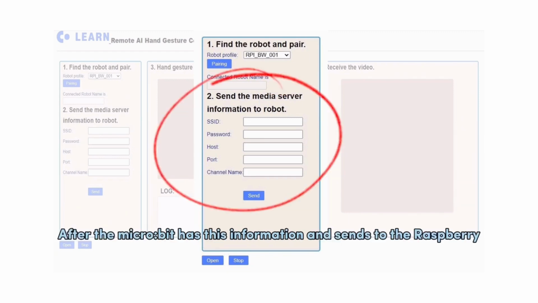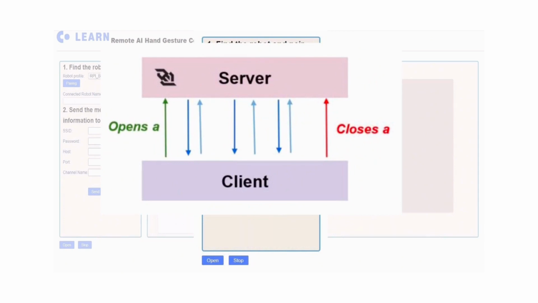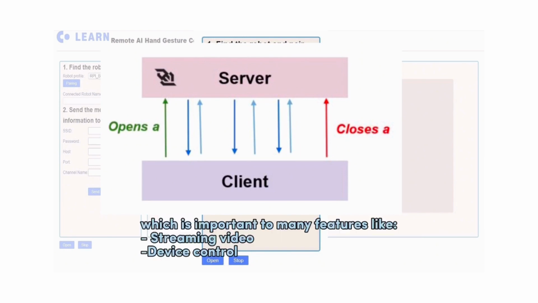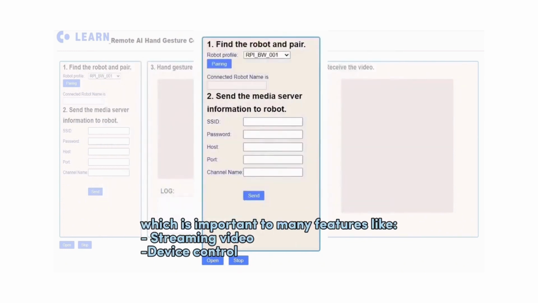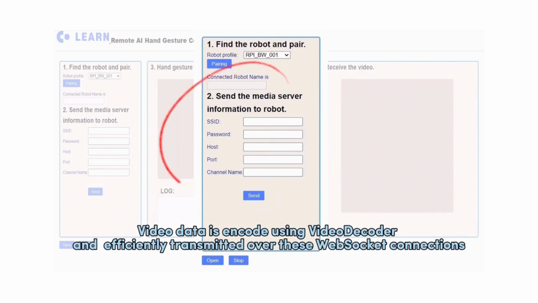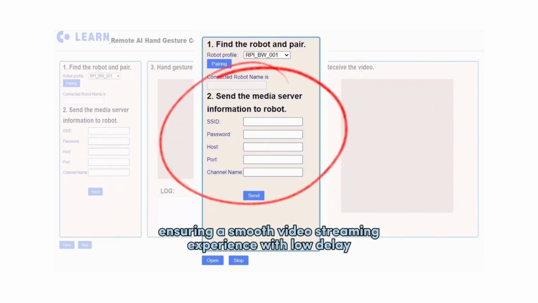After the micro:bit has this information, it is sent to the Raspberry Pi. Both the Raspberry Pi and the website set up a WebSocket to communicate with each other. This is necessary for real-time data exchange, which is important for many features like streaming video and device control. Video data is encoded by a video encoder and efficiently transmitted over these WebSocket connections, ensuring a smooth video streaming experience